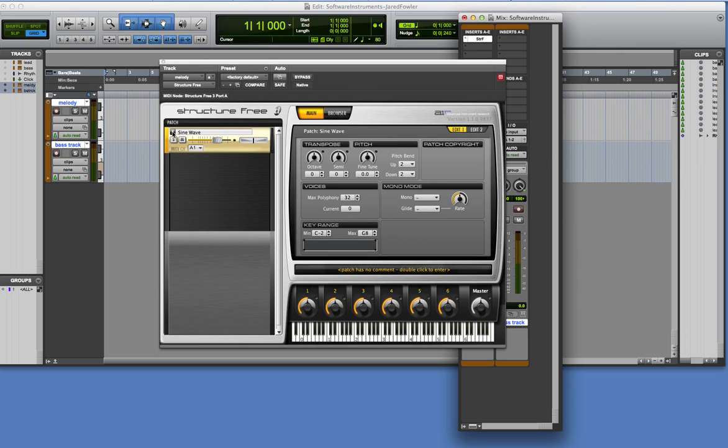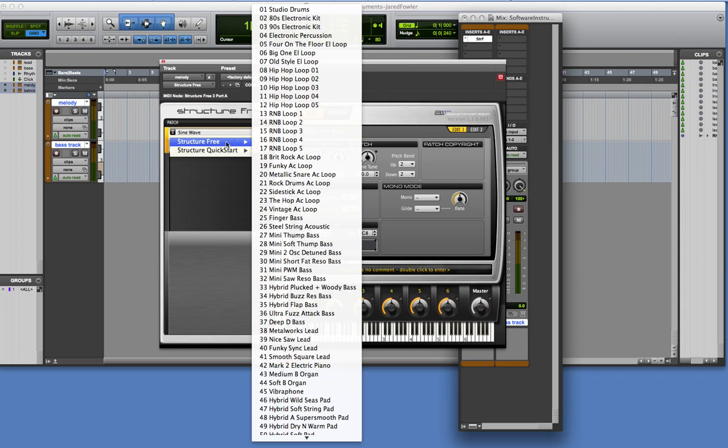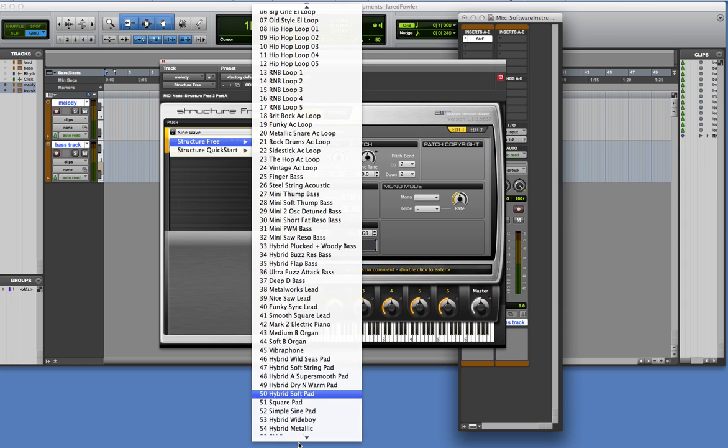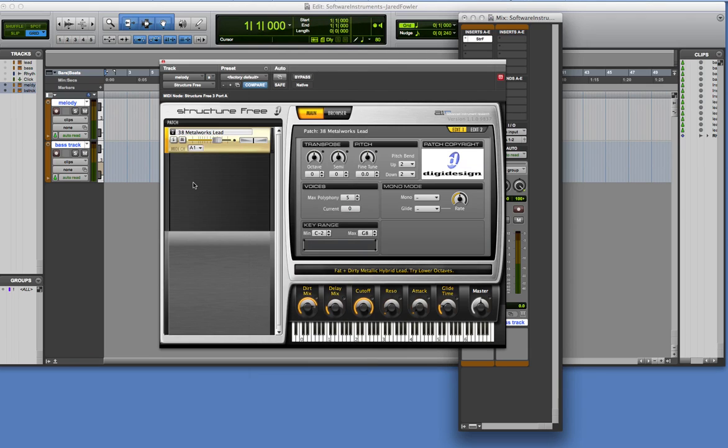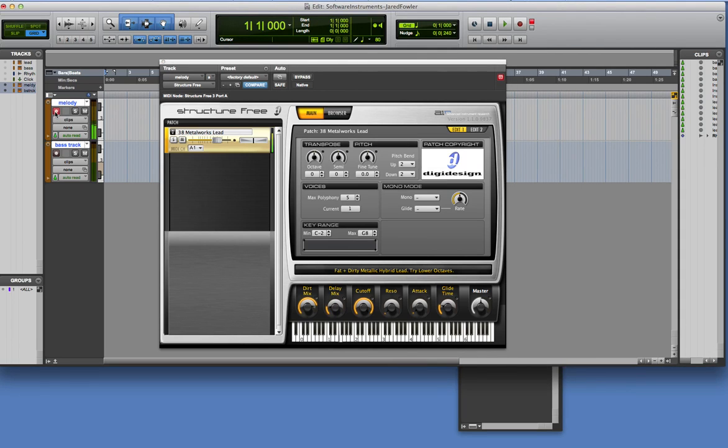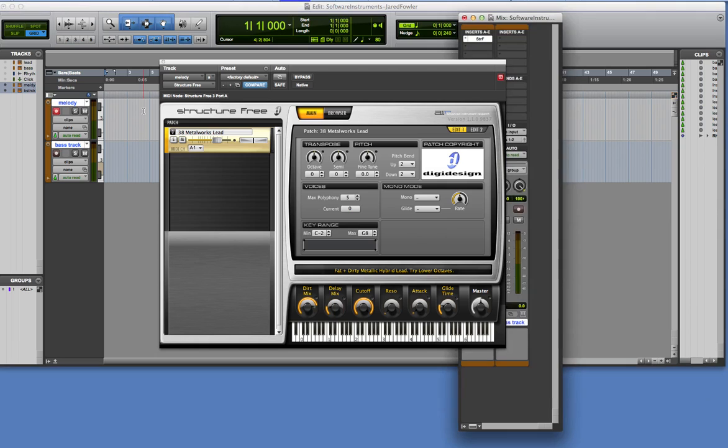I'm going to choose a patch from the browser. Lots of sounds here. And I'm going to try Metalworks Lead. Sounds interesting. Record enable it to audition. Okay, great. Now let's go back to the Mix window, close this instance of Structure,